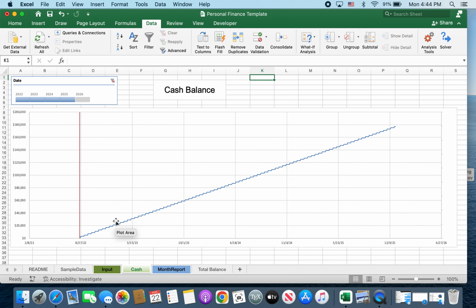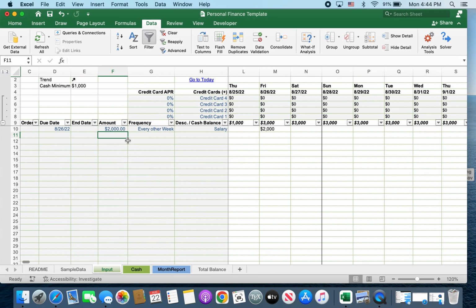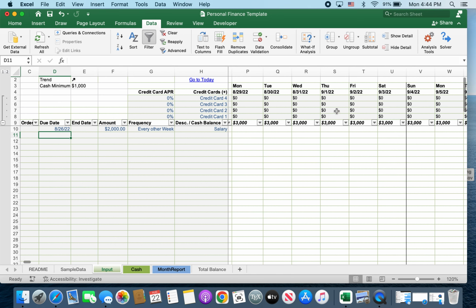If all you did was get your salary and did nothing else, this is what your money would look like. This is an ideal line, but that's not how it's going to end. Let's go back to input, and let's say we pay rent every month, and let's say that's the first of every month. So let's say the next rent check is due